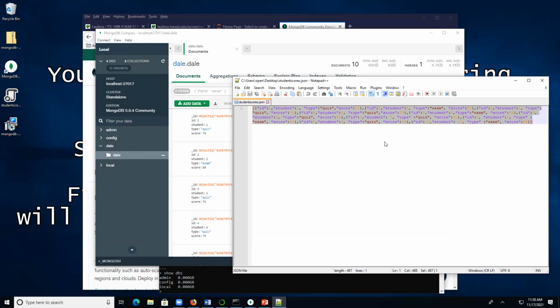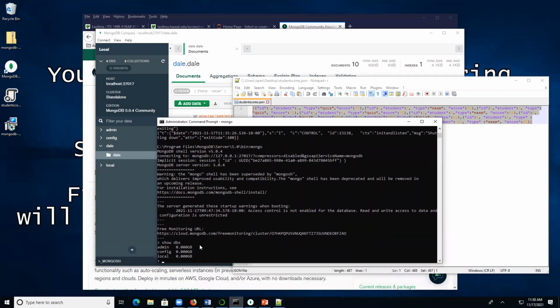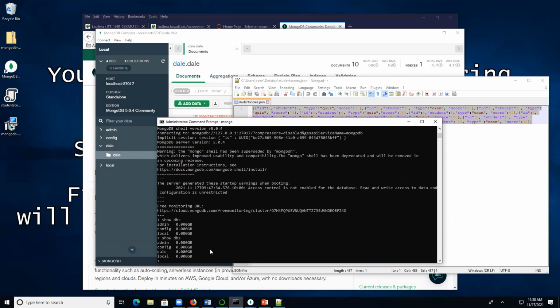And it's just one tool, right? And you can see inside of Compass. And if I come over here inside of my Mongo and I do show DBs again, now I have Dale. Now the assignment itself has a lot of command prompt